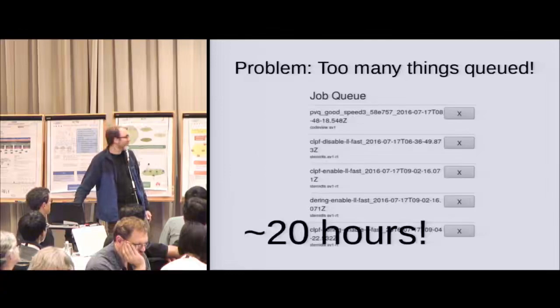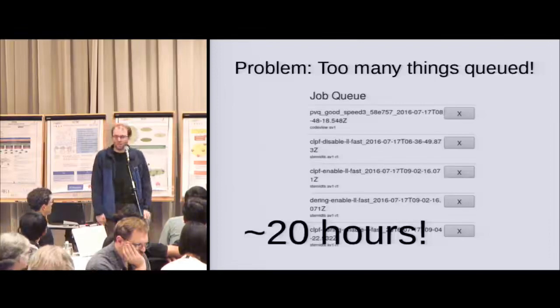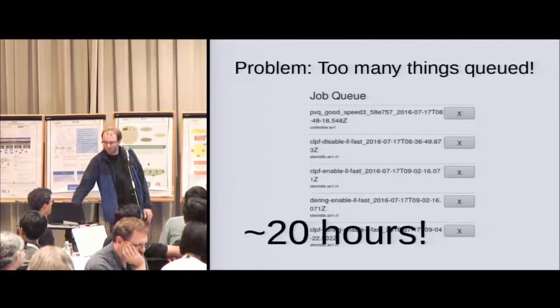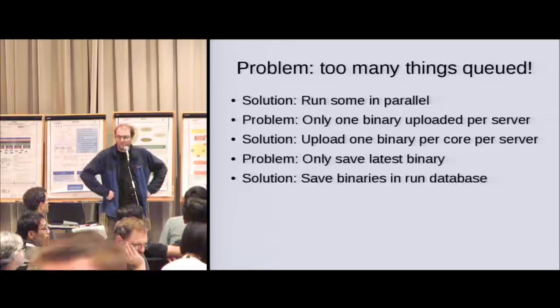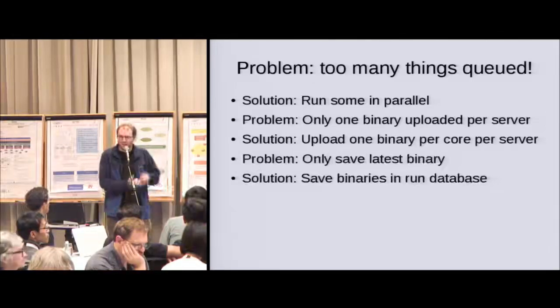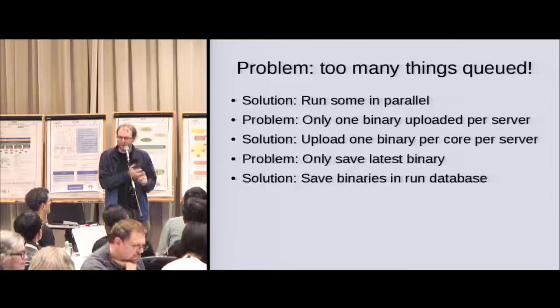So then that's what I started working on. I was like, we need to fix this somehow. The solution to this problem is to run everything in parallel. And then I went down the crazy dependency chain of that. So I ran some in parallel, then I had a problem. In our testing tool, we only have one binary compiled and uploaded per server, so I needed to upload potentially multiple different things per server, which I implemented. And then I needed to